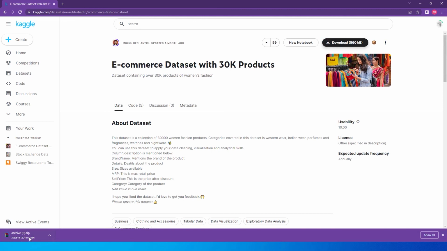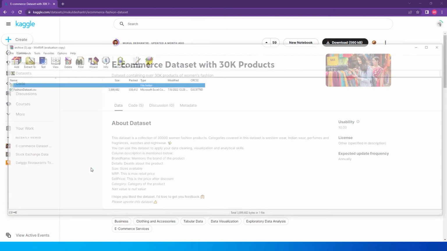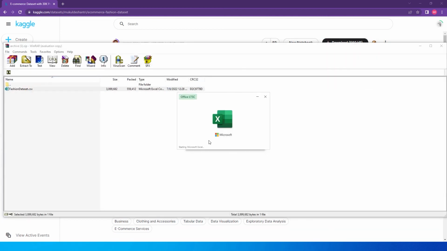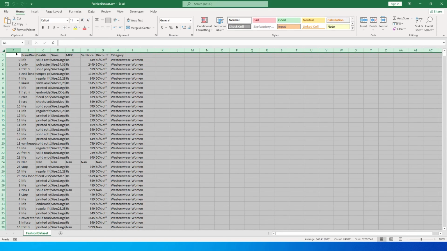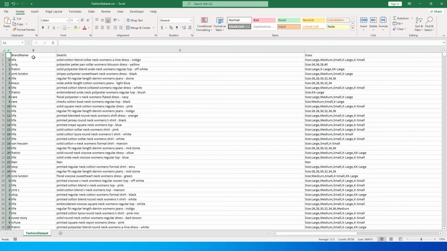Once this is downloaded, let's click on this particular file. Just give it a second. My internet is acting cranky today. Yeah, so once we have this, let's open this data set and see what's there in it. So the first thing here is we have the index column, which you can ignore,